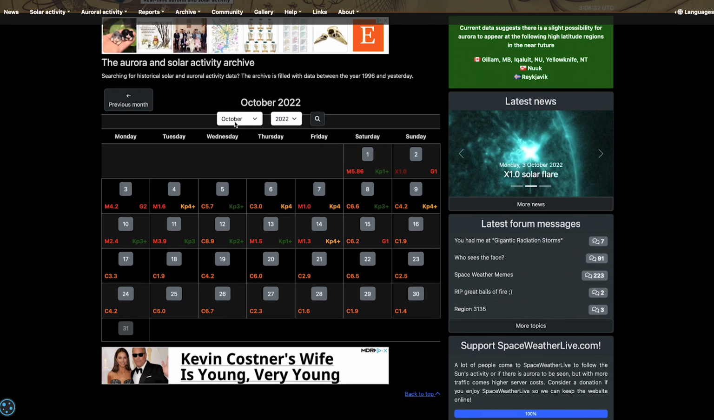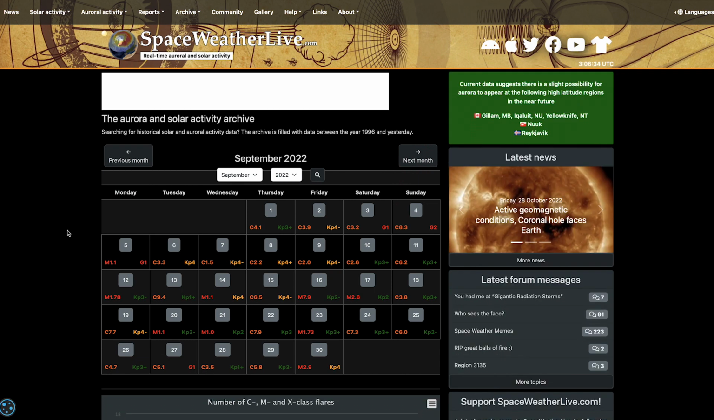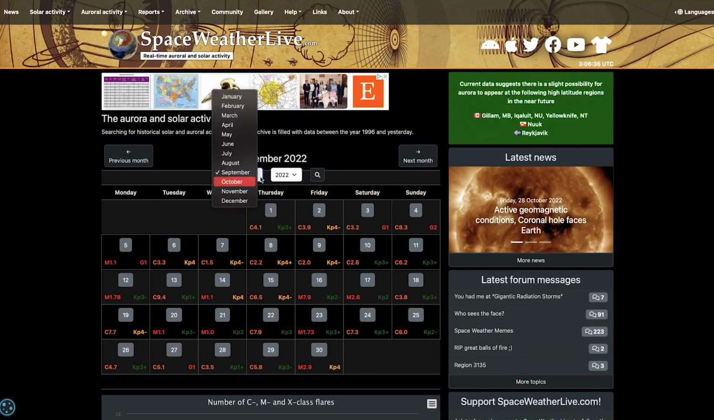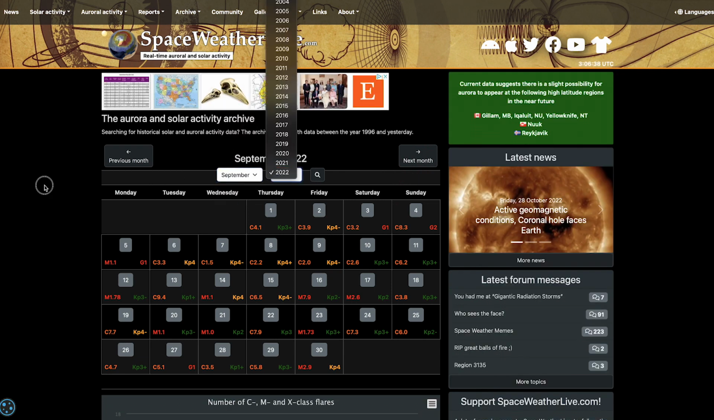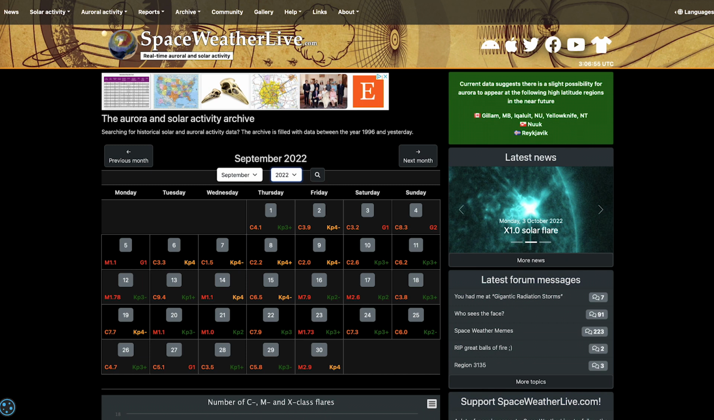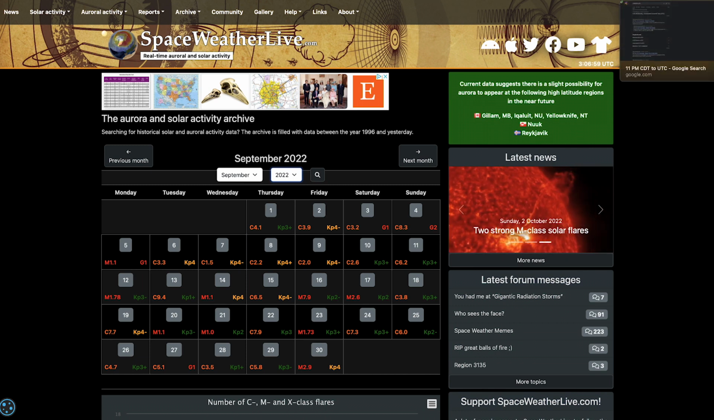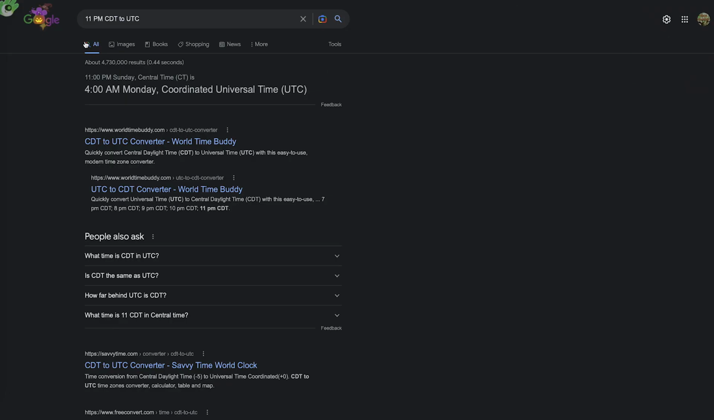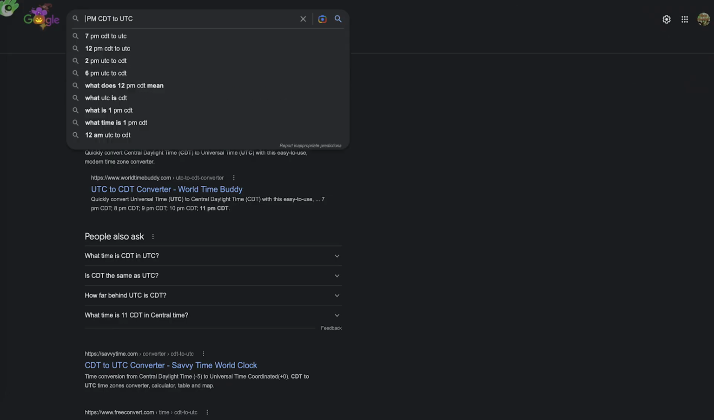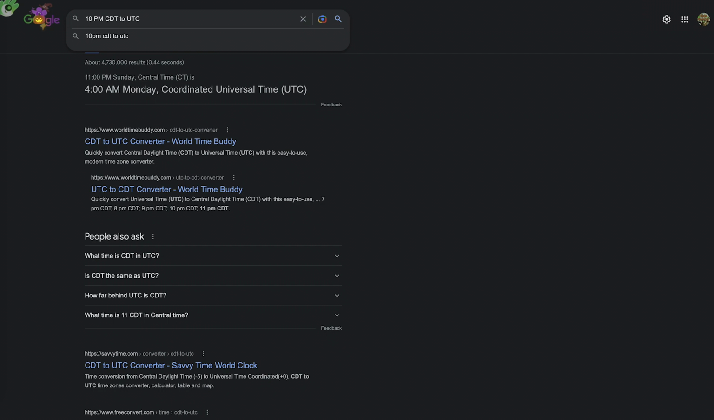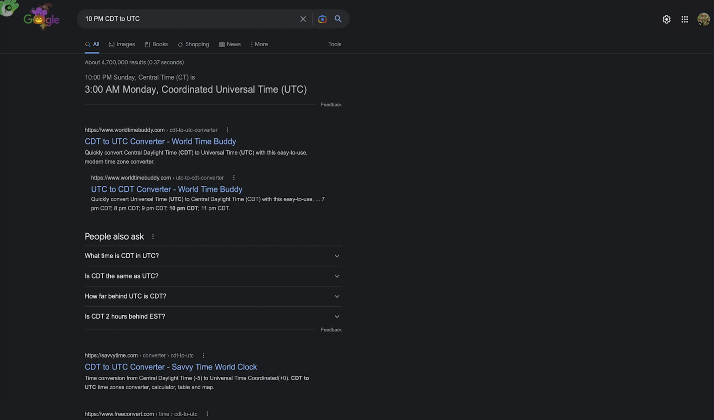So then find the day that you want to look up the data for here in this calendar. First, actually, what you want to do is take the time and day that you want to look up and convert it to UTC, because this archive uses UTC. The simplest way to do that is just to Google. Let's say we want to see what it was like at 10 p.m. on October the 4th. So if we Google that, I'm using Central Time,